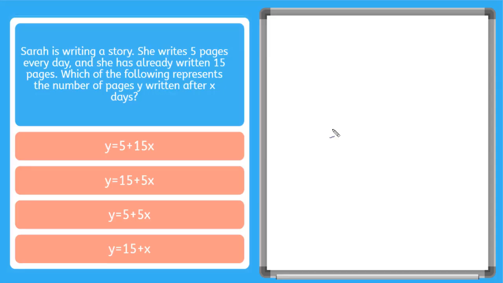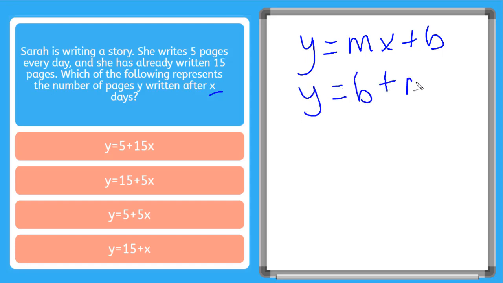Here's our first example. It says, Sarah is writing a story. She writes 5 pages every day, and she has already written 15 pages. Which of the following represents the number of pages y written after x days? So what we're trying to do here is write a linear function, which normally looks like y equals mx plus b or y equals b plus mx. Either version is fine. So we're trying to find the number of pages y, so we can write y equals,